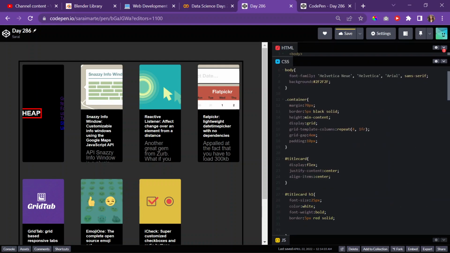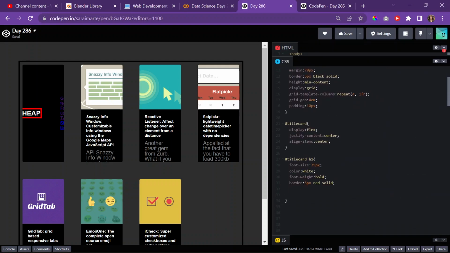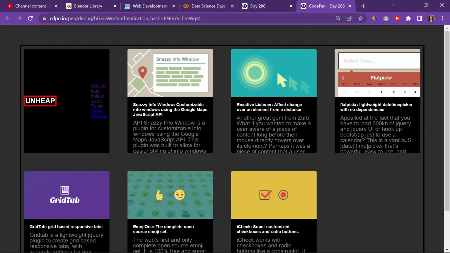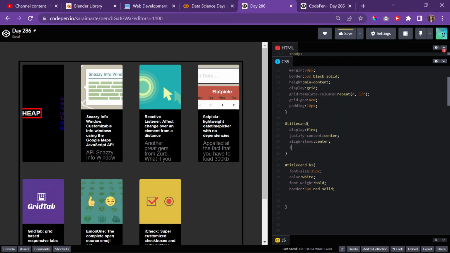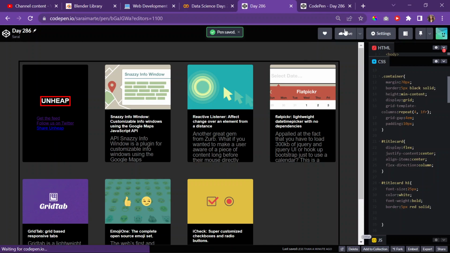Why is it like that? That's very annoying. Oh, it's because it... Oh. So maybe we could do flex direction column. There we go. Nice, because now everything is on top of one another instead of being next to each